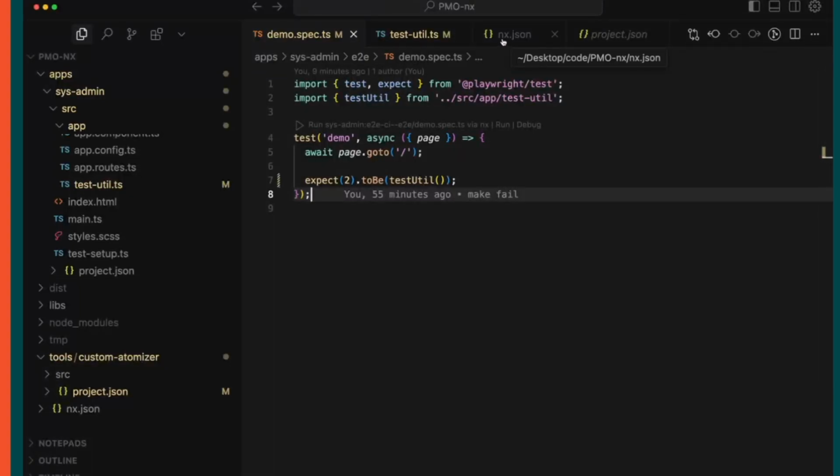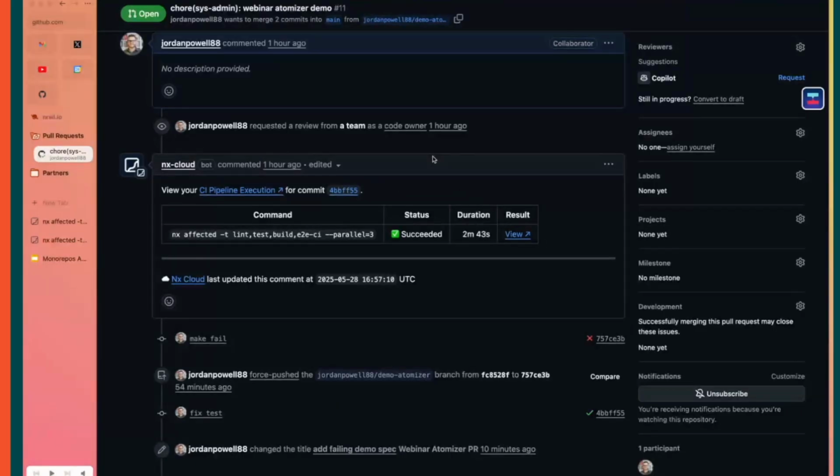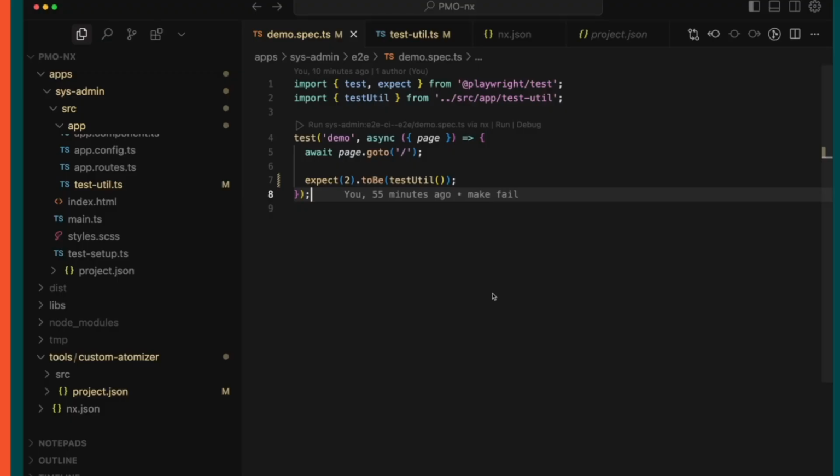So if I were to run this in CI, here's a quick example of this PR. If we were to run this, we would see that this test is failing because we expect it to fail. 2 should never equal 3. And we are able to pull in the actual caching results for these other 2 because those tests did not actually change. But that PR run I was just referencing is using this new